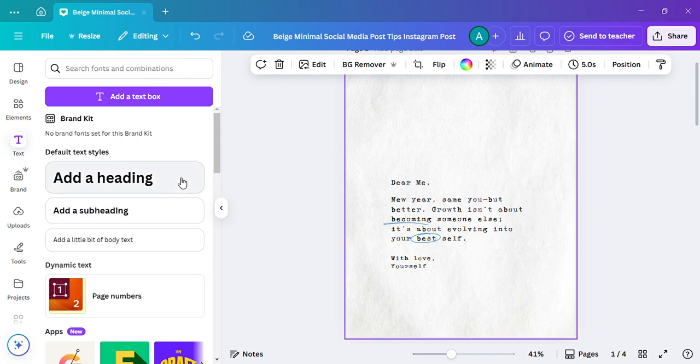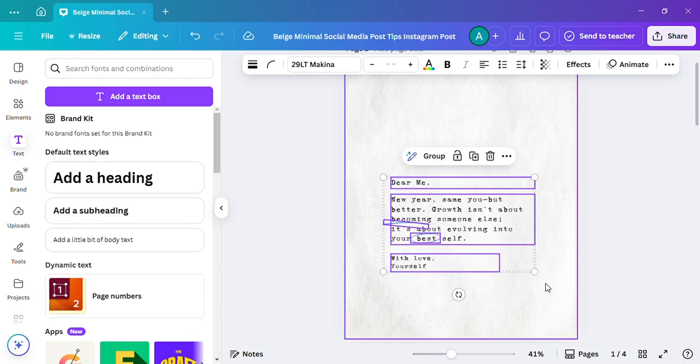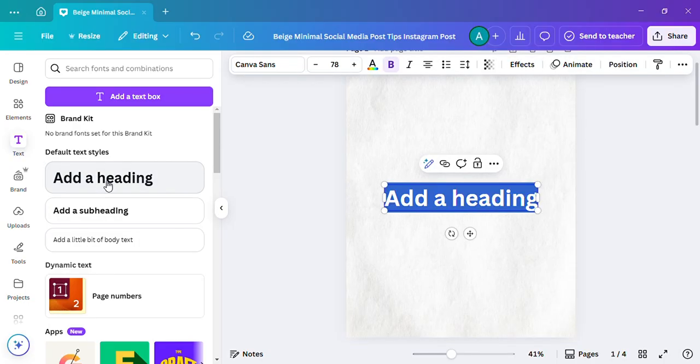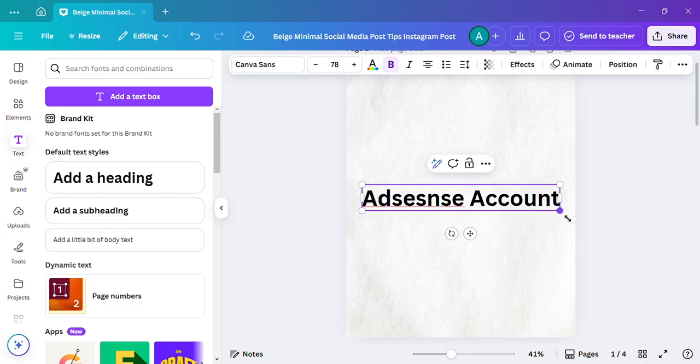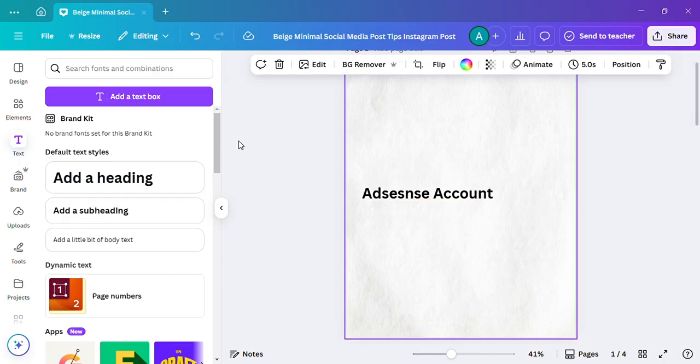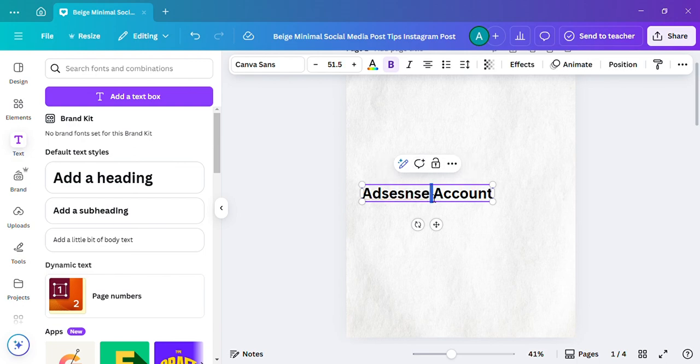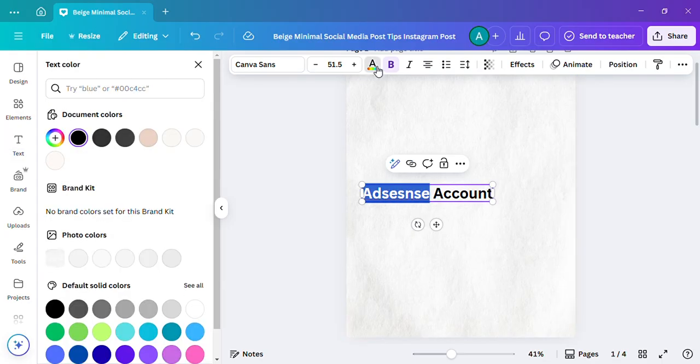title heading for the YouTube channel, so you can just delete current one by pressing or clicking the delete button here, and you can add the heading here. Like I want to start with this count, and then you can change the color of the text or the selection. Also just double click on the selection and change the color over here,